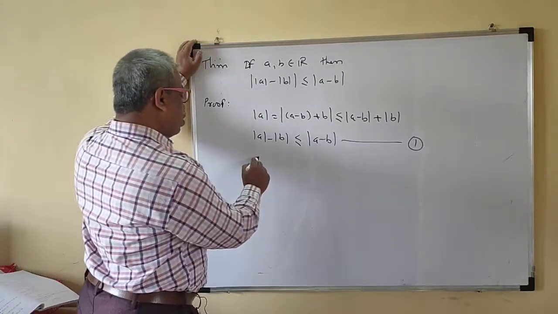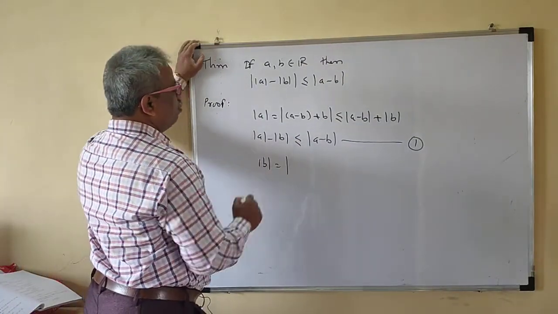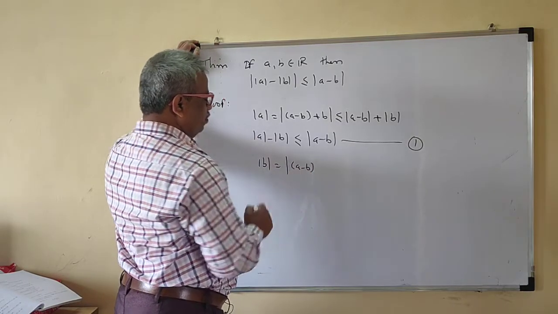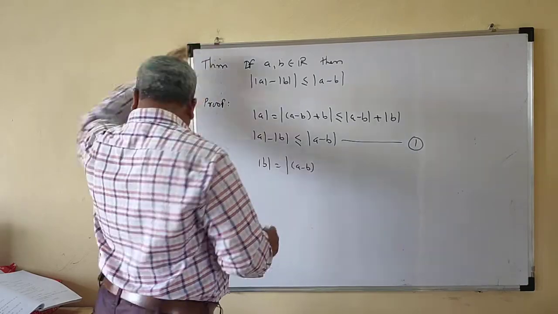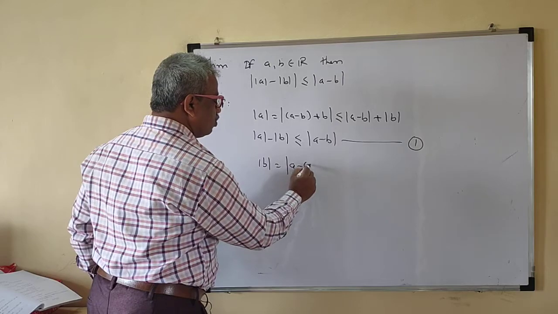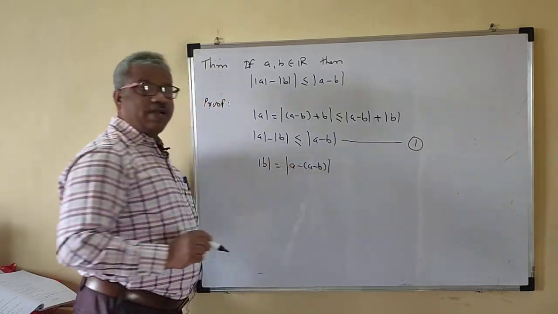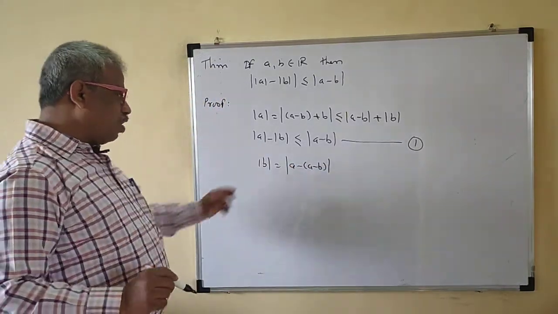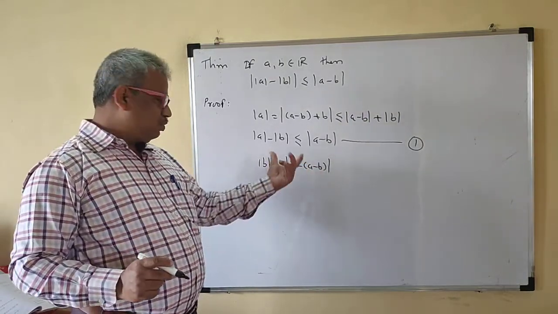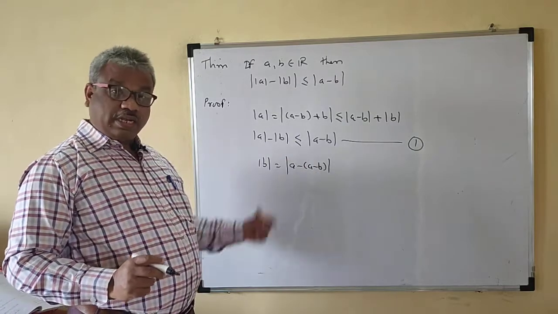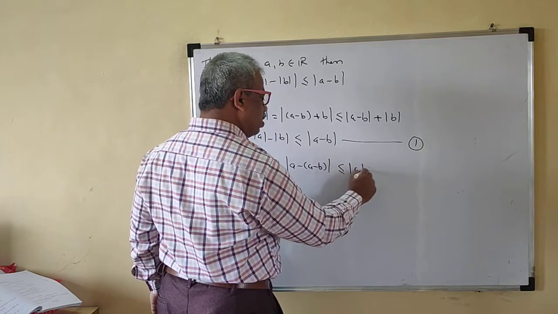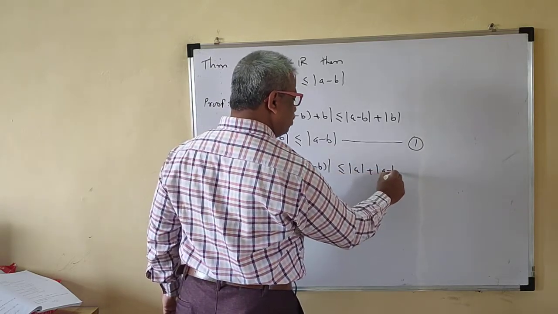Okay, so I will write mod of B now. Mod of B is equal to mod of, I have to write here mod of A minus B. Right? So I can write this as A minus of A minus B. Okay? I want A minus B, so I have to write this mod B in terms of A minus B. Just now this A gets cancelled, minus minus becomes plus. So your B is the same as mod B now here in terms of A minus B. So now again this is by triangle inequality, this is plus mod of A minus B.